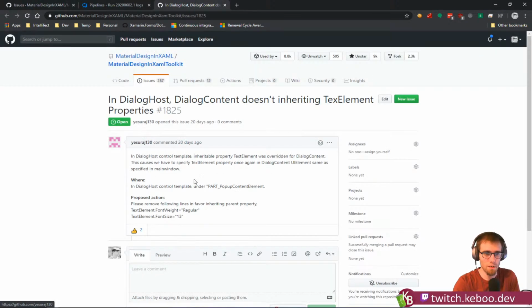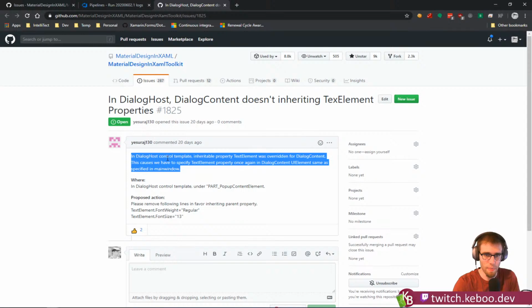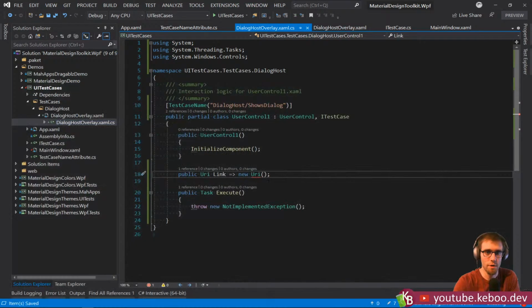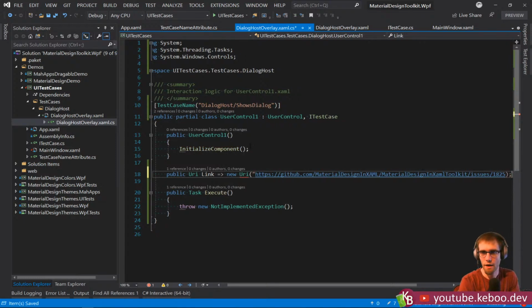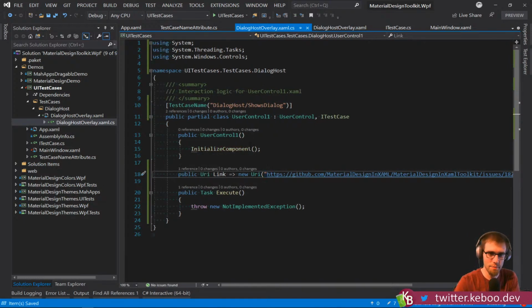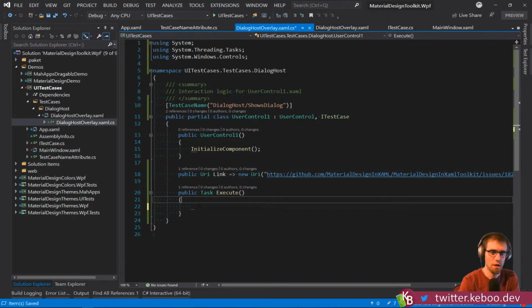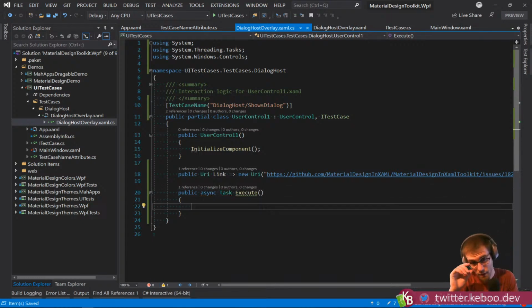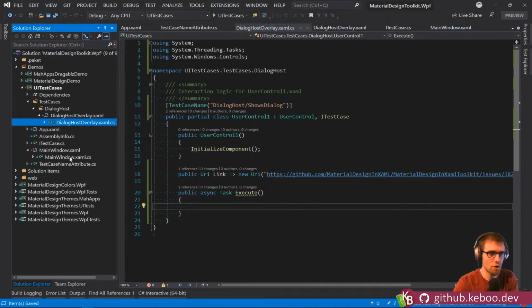Right, so here's a great example. Yeah, so we're just going to pick on this issue for the moment. Don't know if we're actually going to write the UI test for it. It's worth noting the expected change there isn't actually workable. And we'll just make this guy async for the moment so I don't have to think too hard. And something like that. Okay, so